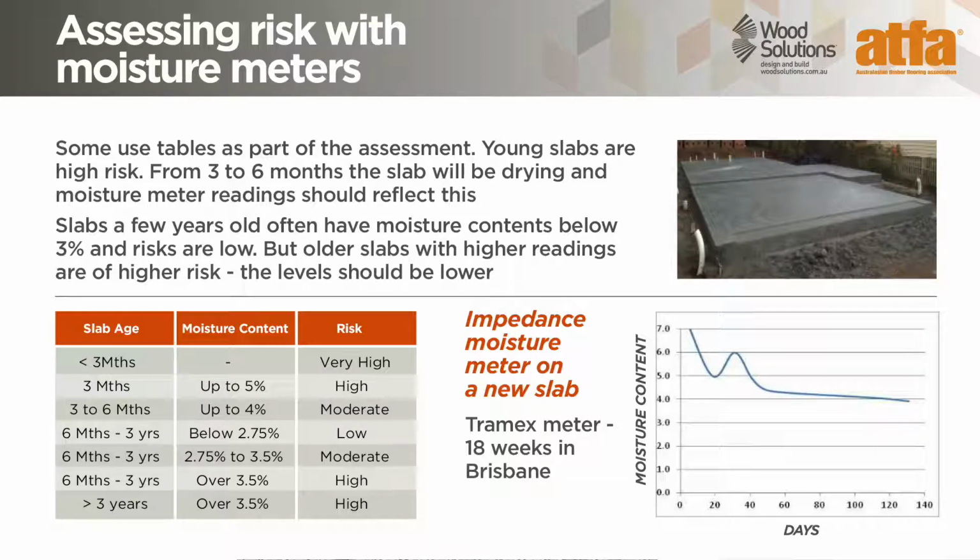Within the first 20 days, readings go to 5%. With some rain before the house is fully closed in, readings temporarily rise. After this, the house is closed in and there is a steady decrease in slab moisture content to below 4% after about 4 months. In-slab relative humidity is increasingly relied on throughout the world, and many flooring contractors also use